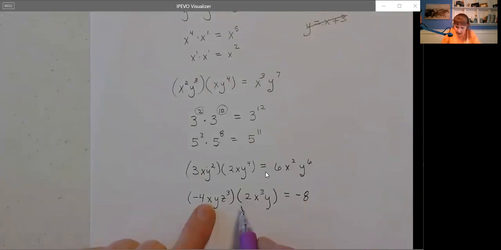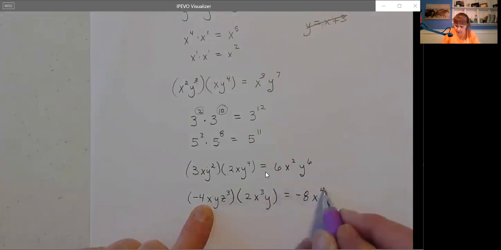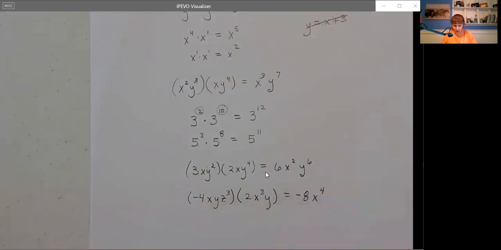All right, let's look here. X to the first, X to the third gives me X to the fourth when I add those exponents together. Y to the first, Y to the first gives me Y squared when I take 1 plus 1. Now the Z, there's nothing to combine the Z with, and so it just stays. It still has to be a part of the answer. It's just that you're not going to combine the exponents on this Z with anything else because there's nothing else to combine it with. All right, that pretty much exhausts the rule for when you're multiplying common bases, you add